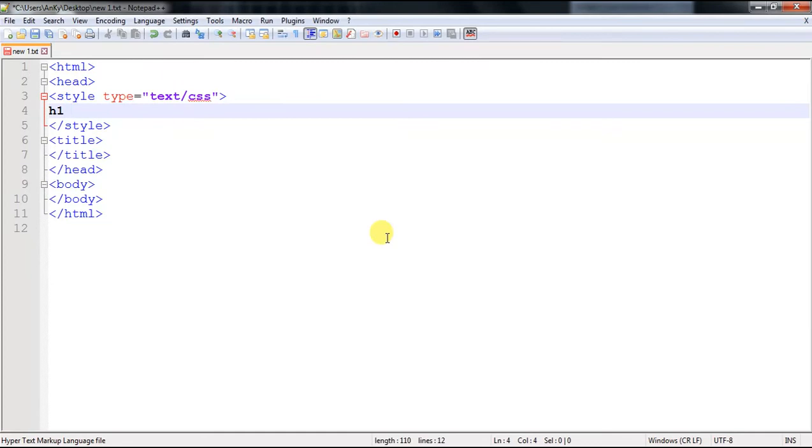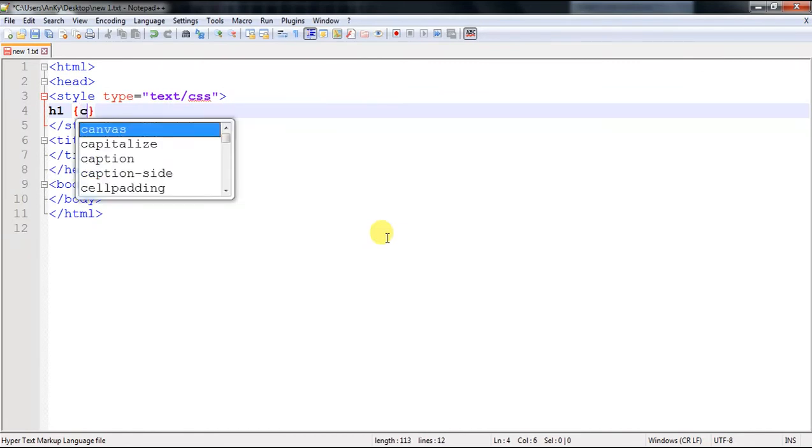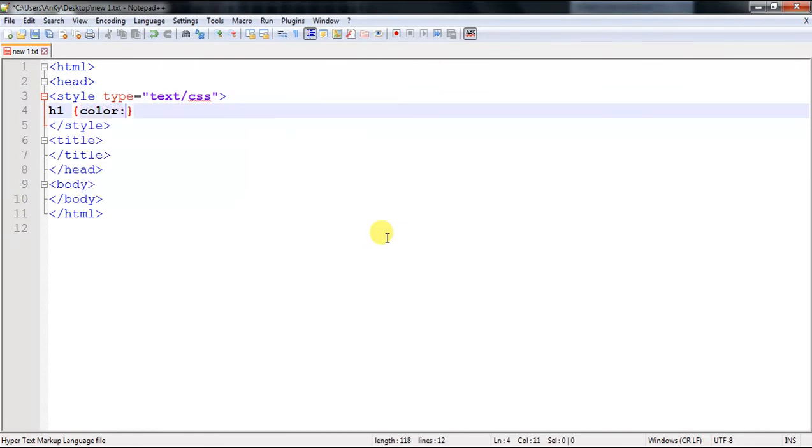After the selector, the properties and values should be written within curly braces, where property is a type of attribute of HTML tag. It can be a color, a border, or a font, and the values are the ones which are assigned to that property. For example, let's take color as an attribute and give its value, suppose green for this example. So in this example, the heading 1 is the selector, the color is the property, and its value is green. So this is the one property, that is color.